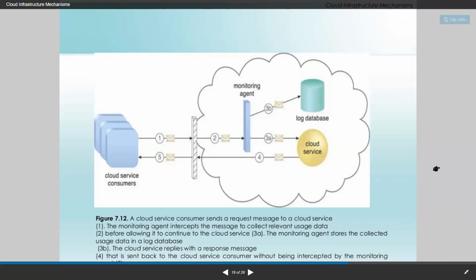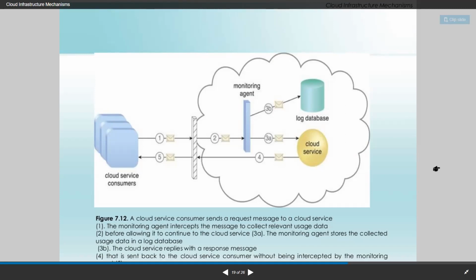Okay. Second, once you're moving to the next level, that is your 3A, it is going to check all the cloud services which you have asked for against the usage activity which you have done so far. Then in 3A you can see the monitoring agent is going to collect all the data, and this data is going to be saved into your log database, which will tell you that in this term you have logged in and you have started this service at this point of time. So everything is going to be recorded into your log database.